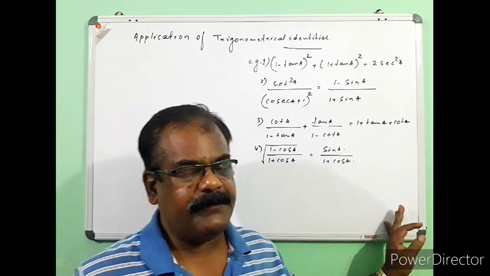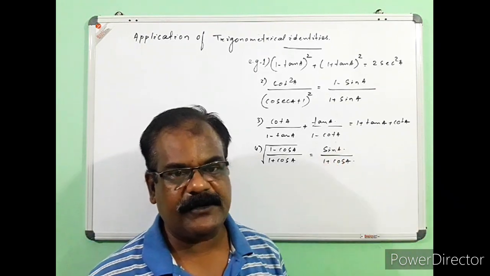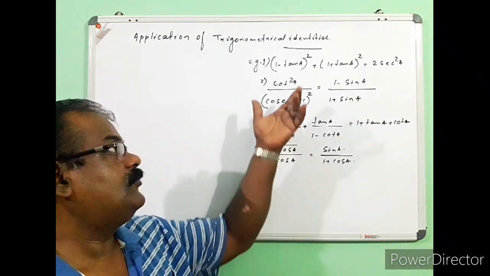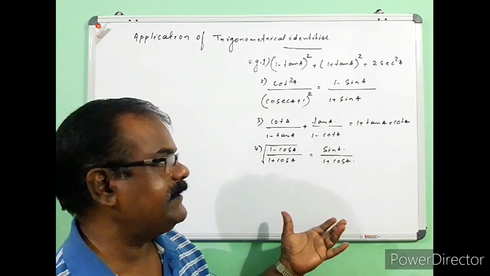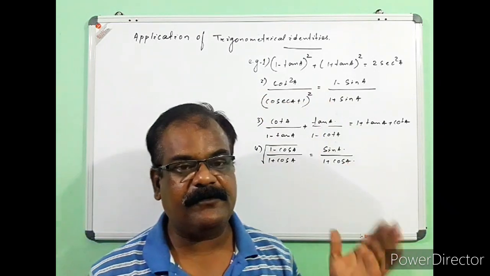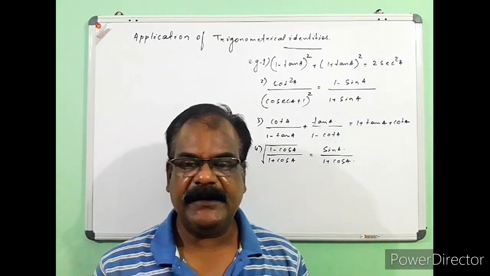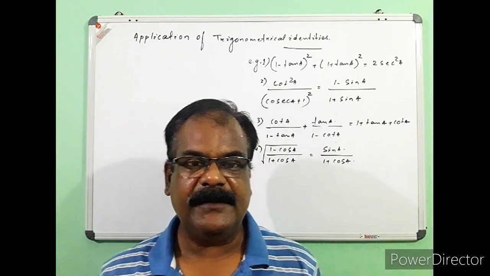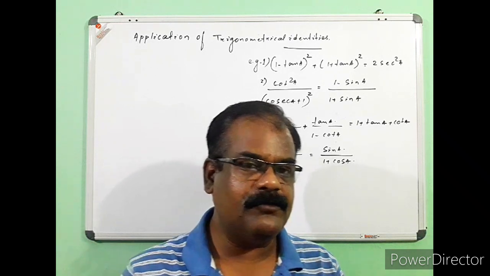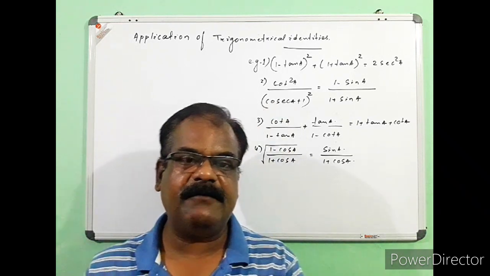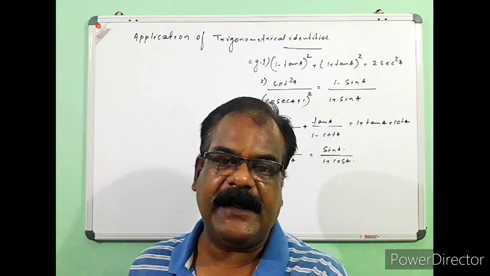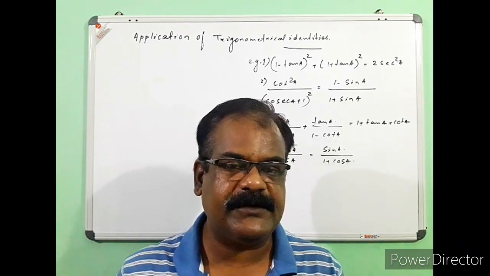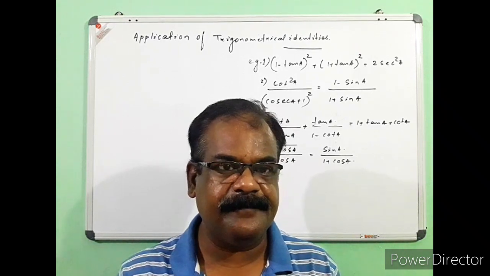Now children, remember that whenever you are going to solve trigonometrical identities, every time try to start from one side and go to the other side. It may be your left hand side or the right hand side, it doesn't matter. But it is important that you go from one side to the other, and don't split it in the middle, with left hand side half and right hand side half, and then try to prove that both sides are equal.